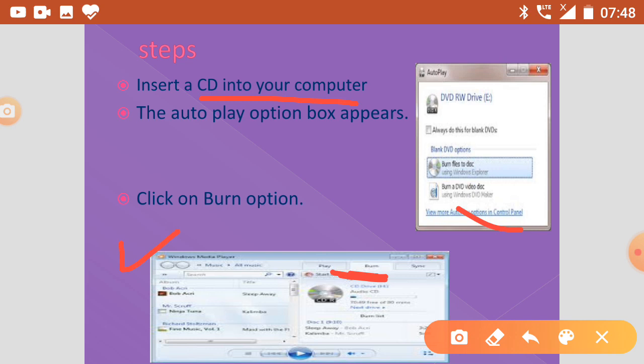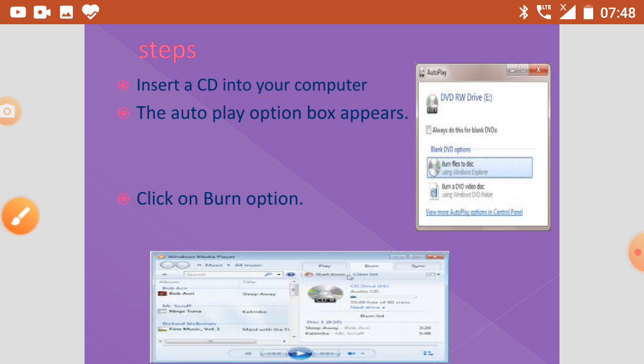Again I am repeating, when you insert a CD, this type of dialog box will open, and then you can click on burn. Burn means copy.